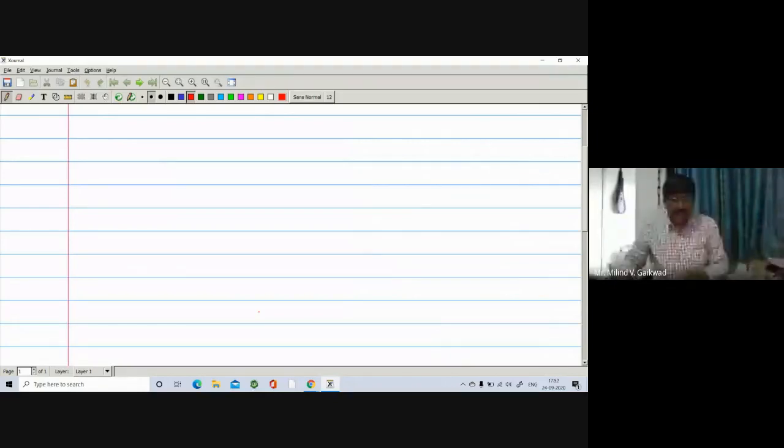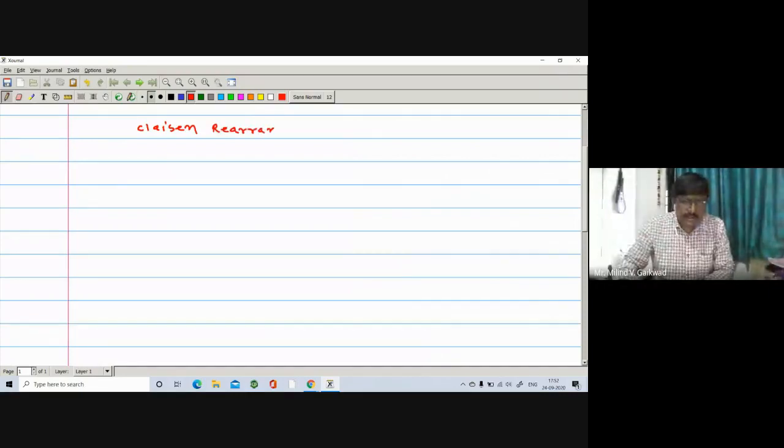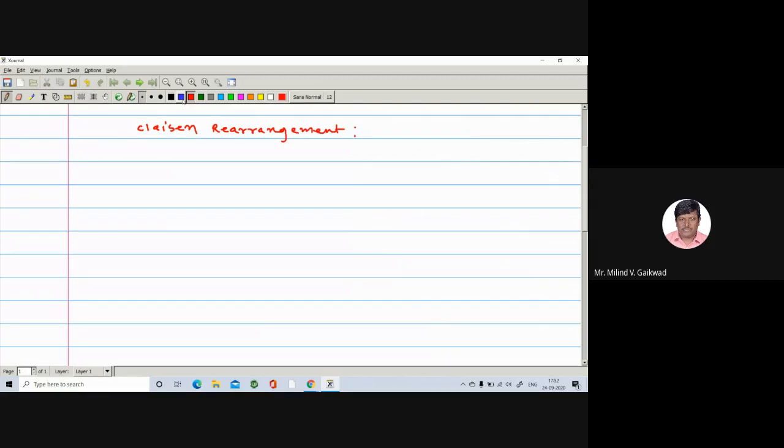So let us see the Claisen rearrangement reaction. In the Claisen rearrangement reaction, the starting compound that you are using is